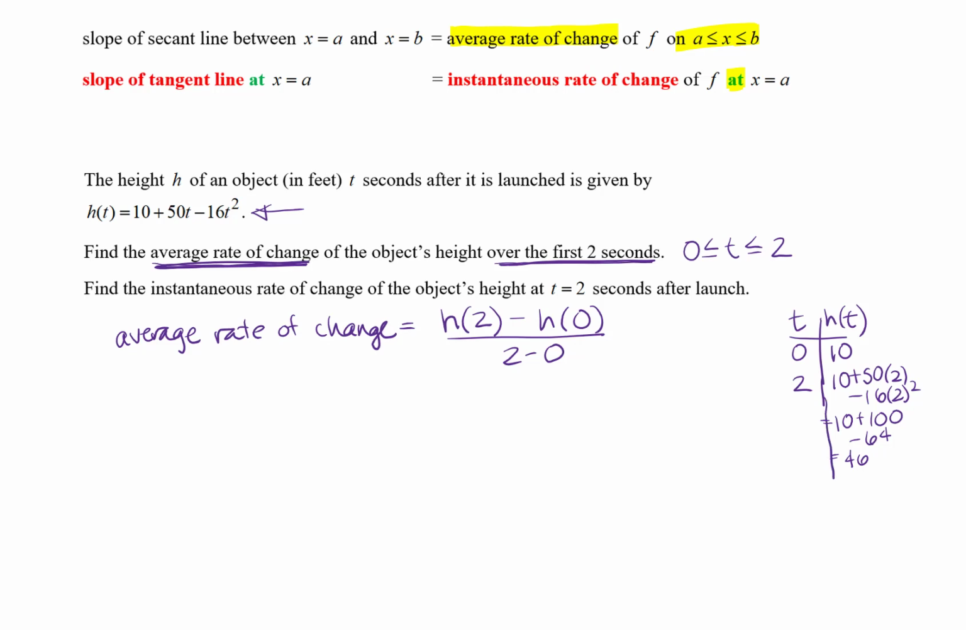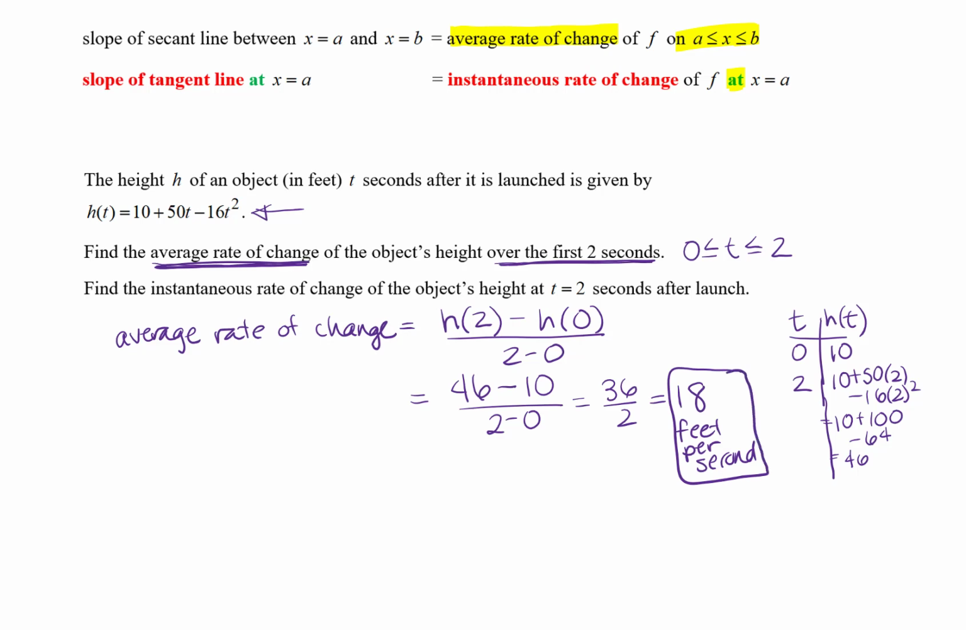Okay, so our average rate of change will be the output when t equals 2, 46, minus the output when t equals 0, 10, all over 2 minus 0. Okay, so I'll just do the subtraction. I get 36 over 2, or 18. And that's a rate of change, so that would be in units of output, height in feet, feet per unit of input, and so these are seconds. All right, and that's a positive rate of change. So we know that over those first 2 seconds, the height is increasing by an average of 18 feet per